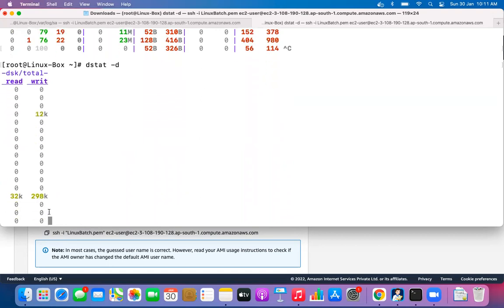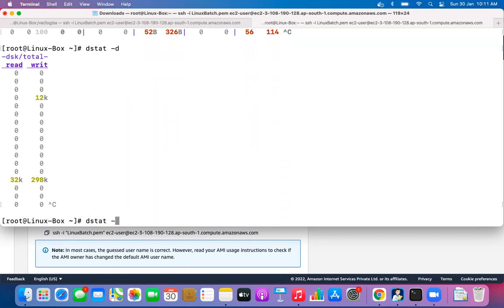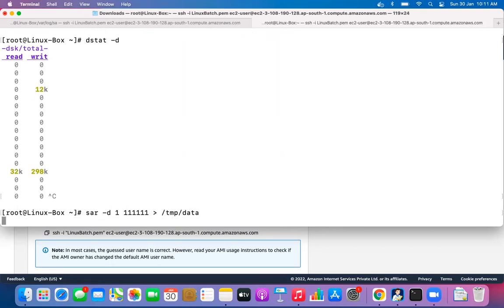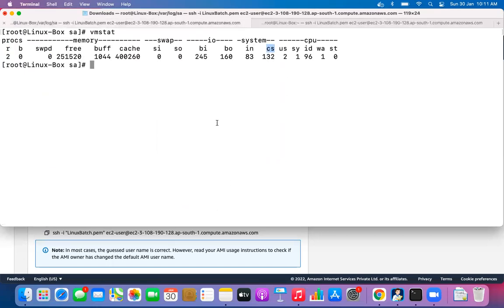Read and write. Yeah, how to actually save per second command output to a file. Okay, sar -d 1, whatever number of outputs you want, redirected to /tmp/data. If you read this particular file, temp data, you go within this particular file and try to